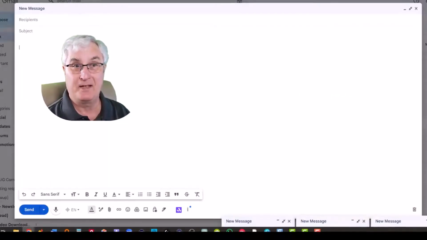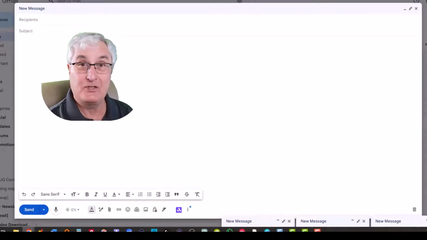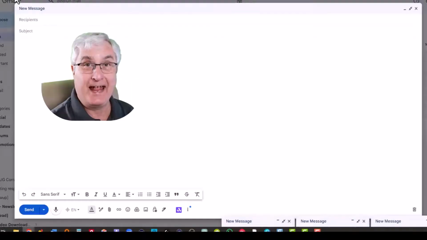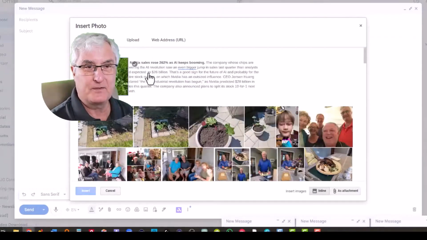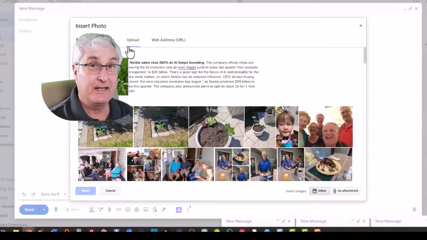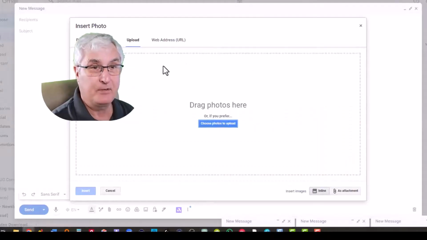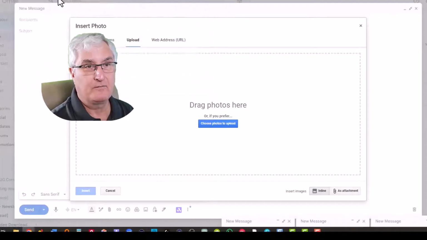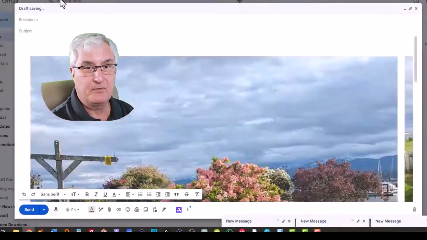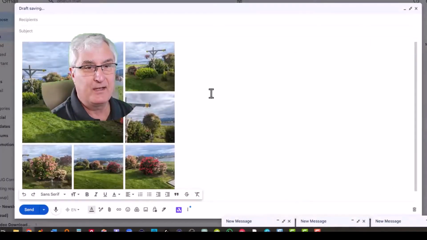We have a blank Gmail here. And let's add all those 6 pictures, which we couldn't do before. Let me show you how that's going to work, because we're just going to add the collage, which is 1 picture. So let's come down to photos. We need to upload the picture into the cloud. So we're going to hit upload and we're going to choose the photo. And here it is, it's just in my downloads directory called flowers. And we're going to upload this, and it's going to insert it now into the